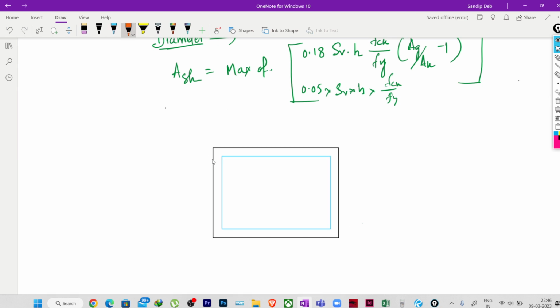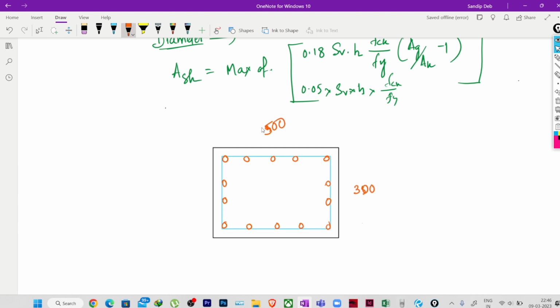Okay. And we will be providing some reinforcement in this. So maybe 1, 2, 3, 4, 5 each direction, and this direction 4, 4, 5. Fine. Okay. And if the dimension is 300 by